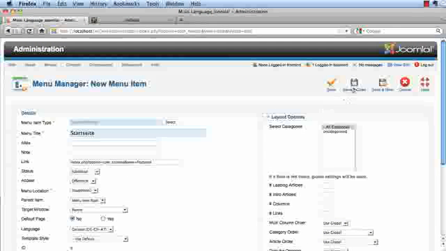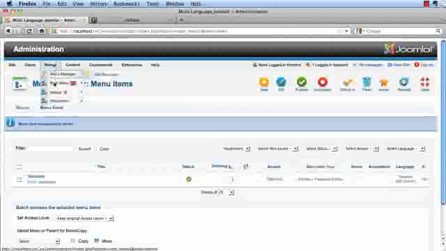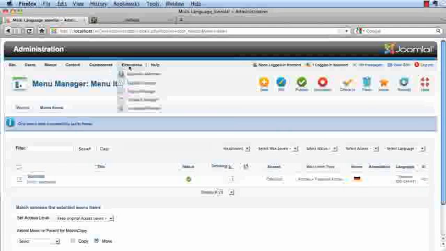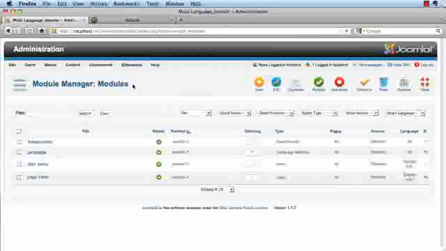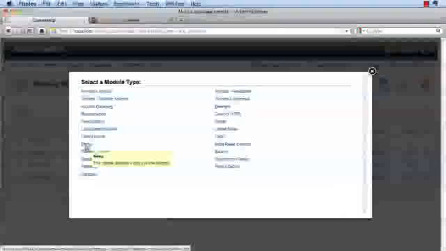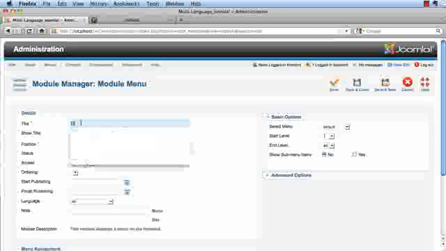Okay. And I have now this menu here. So you see main menu, Hauptmenü, but what's missing is the flag. So I have to put this to home, and then I have here my German flag. But I need a module too. So I have to create a new module, and this is a menu module, and I can call it also